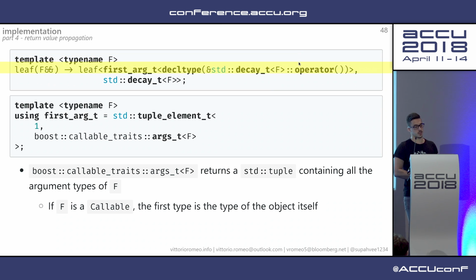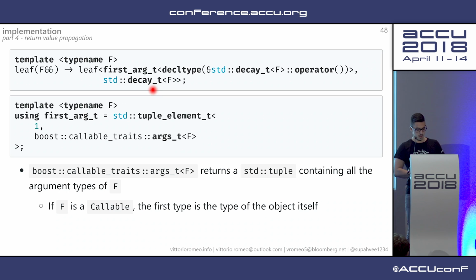You simply specify a type that you want to be deduced by using an arrow, such as the trailing return types in auto functions. And in this case, what I'm saying here is that I want my constructor to simply take one lambda of type f. And I want you to deduce the type of leaf, where the input type is going to be deduced by looking at the operator() of this lambda. So it's going to basically look at how the operator() of the lambda is laid out and extract the input type of the lambda. And the type of the computation is going to be